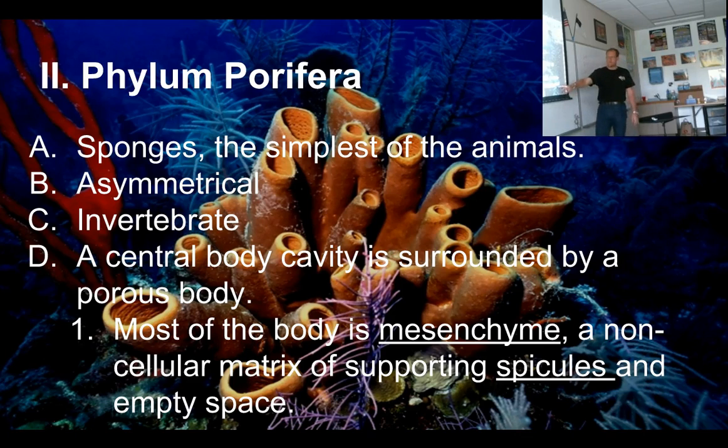Spicules are actually made of silica, like glass, right? Glass is silica. And they absorb the silica from the water. There's a lot of dissolved silicate in ocean water because of all the sand underneath and all the minerals floating around. They absorb silicate out of the water, and they create these glass sort of little rods, and they build a scaffolding out of these glass silicate rods. And then their body tissue grows around that glassy sort of skeleton.